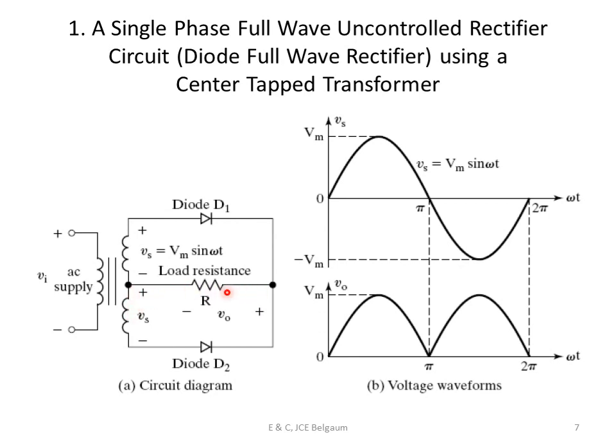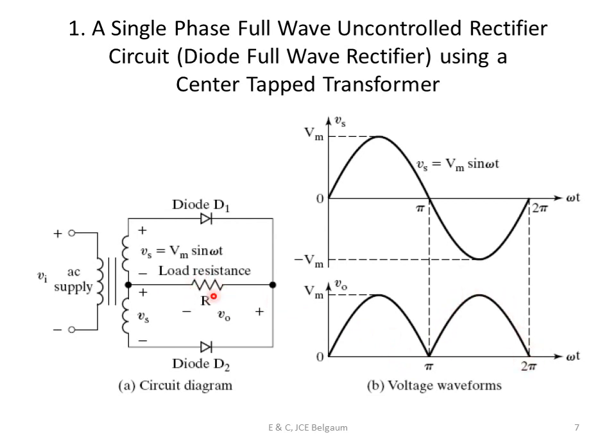Earlier also it was flowing in the same direction, right to left, so I had marked it plus minus. Now also when D2 is conducting, it is flowing in the same direction. What does it mean? For both half cycles, the current through the load is always in the same direction. Hence the voltage here will be plus here and minus here. And this diode acts like a switch that is on. Whatever is plus here will be connected here, whatever is minus here will be connected here. So it is nothing but another rectified positive signal.